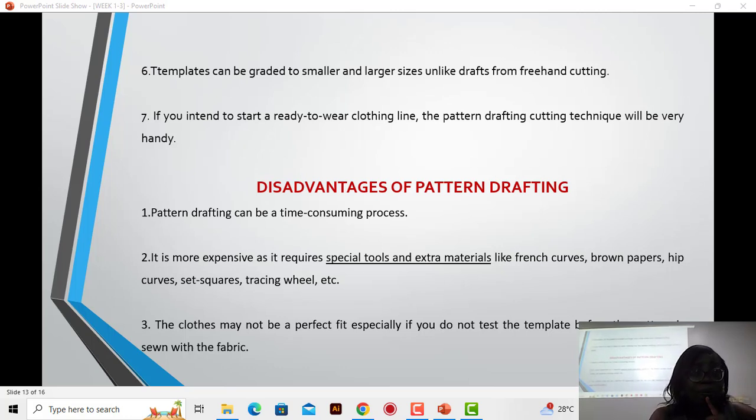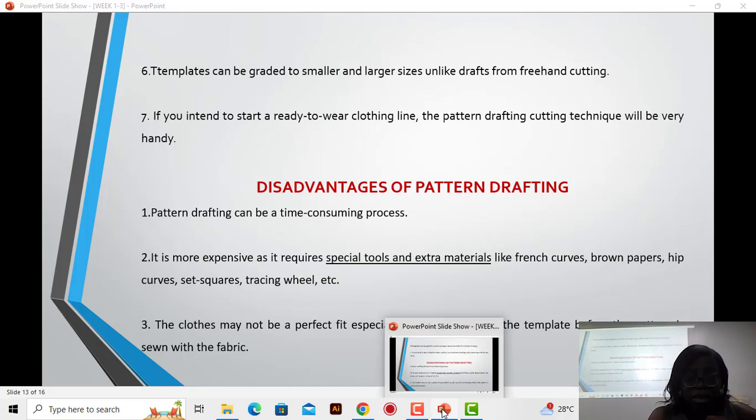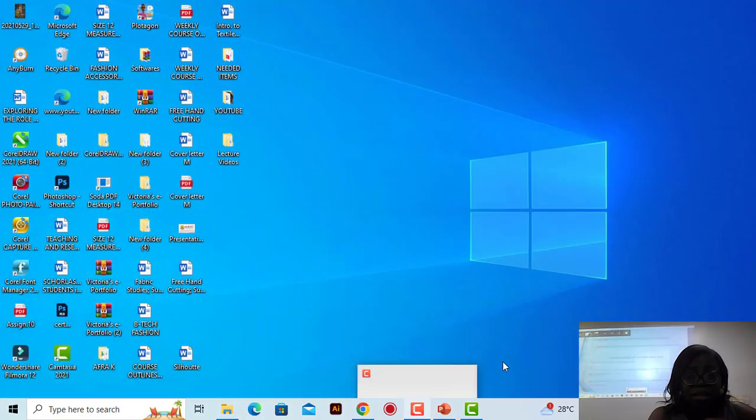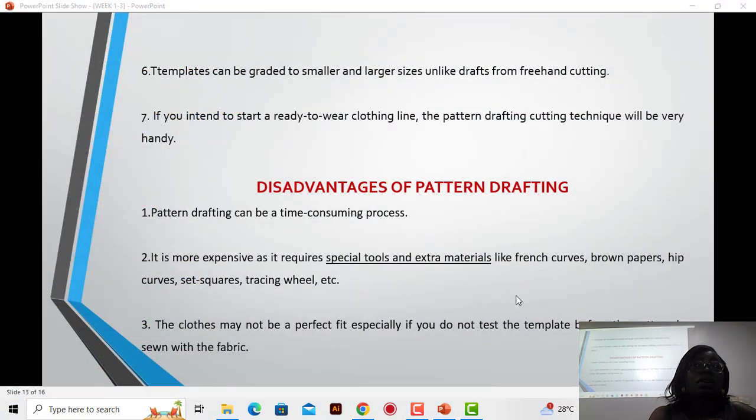Okay. All right. So, in the absence of any questions, we end our lesson for today. In our next lesson, like I said, we'll be doing guidelines for freehand cutting, since that is the course we are going to